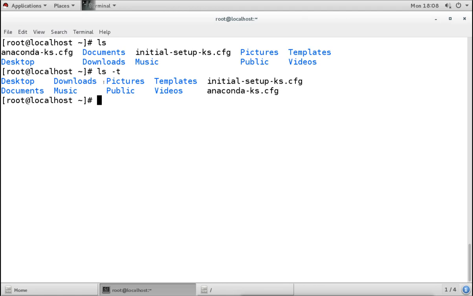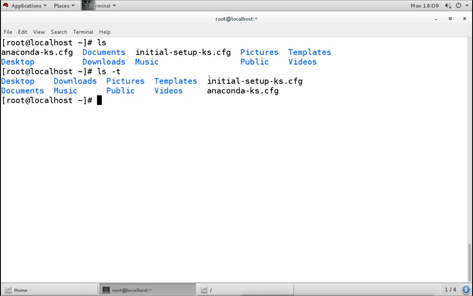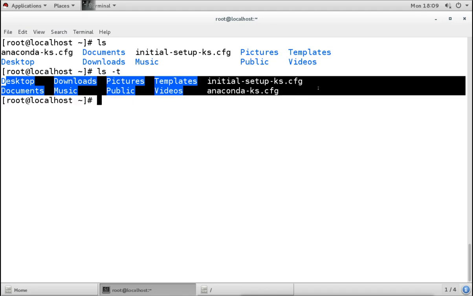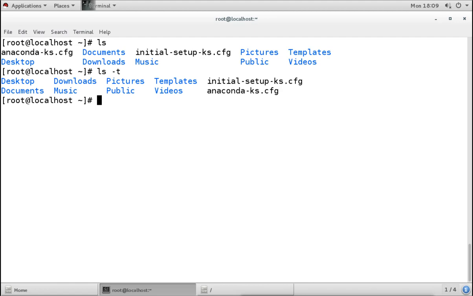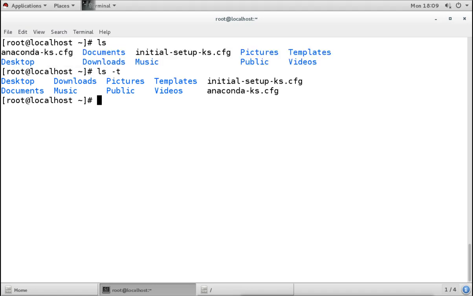Normally if you see the output, you will assume that directories are going on one side and files on the other side, but that is not the case. It is actually listing according to time. So it is listing based on the time. This is what ls -t is actually for, listing by time. It is arranging the files according to the time sequence. Normally it arranges files and directories in alphabetical order, but when you use the t option, it arranges the files in time sequence order.